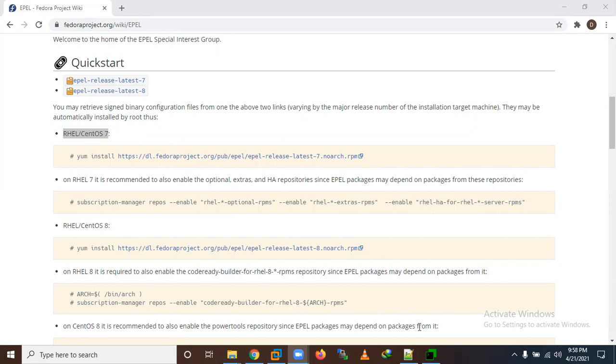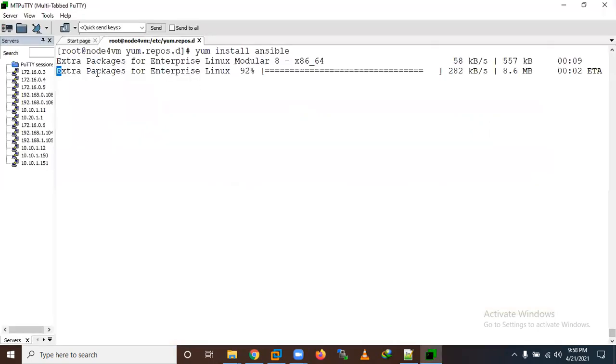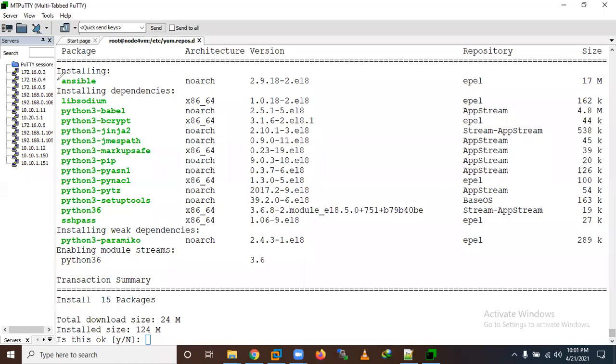So let's come here. It is connecting, it's taking some time. Now you are able to see the Ansible package belongs to EPEL, and some other dependency packages belong to other repos. AppStream is your CentOS central repository. Here you need to install Python. sshpass is from EPEL. Let me install these packages. Let me say yes.